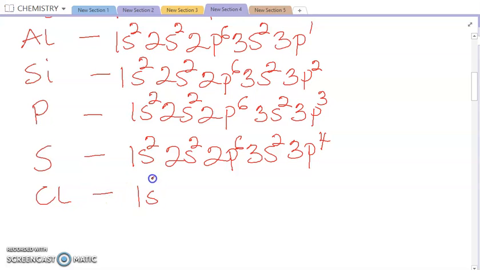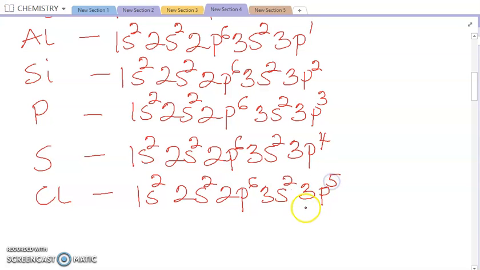That will be 1s2, 2s2, 2p6, 3s2, 3p5. So the next one is going to be what? Argon. And that will be 1s2,